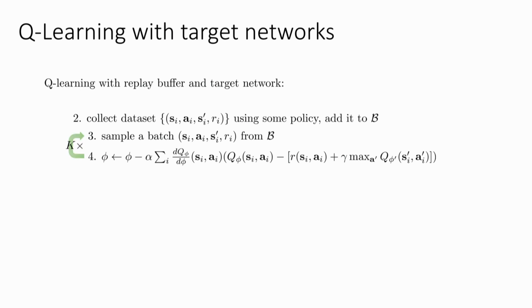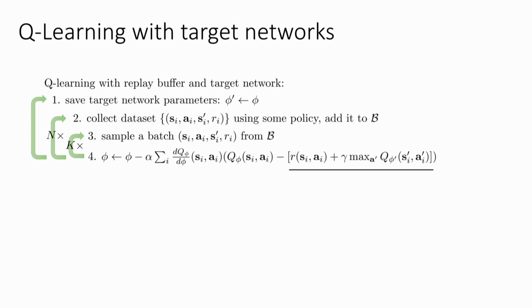So what we do is we do this k times, we go out and collect more data, and then we have this outer loop where fairly rarely we'll actually update our phi prime to be our current phi. And we do this much less often so that most of the time this inner loop is not trying to hit a moving target. Most of the time this inner loop is regressing onto targets that remain stationary, but then periodically, roughly every 10,000 steps, we go out and actually update our target values so that they are actually decent target values. So this is Q-learning with a replay buffer and a target network.